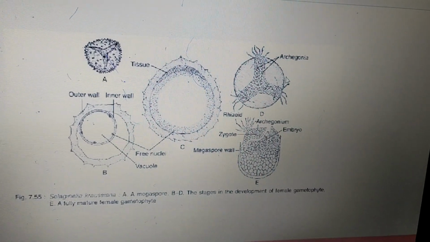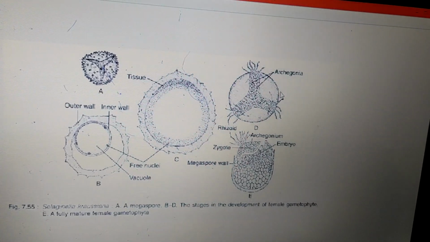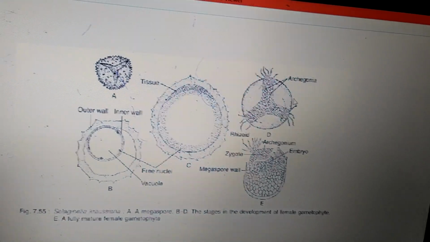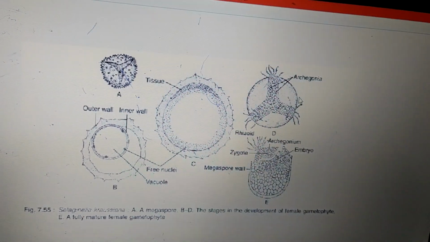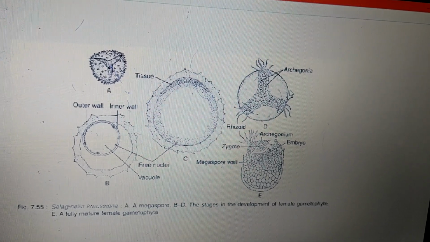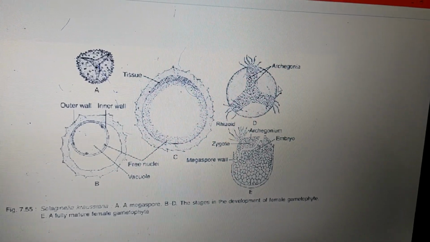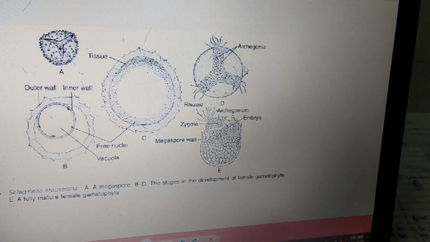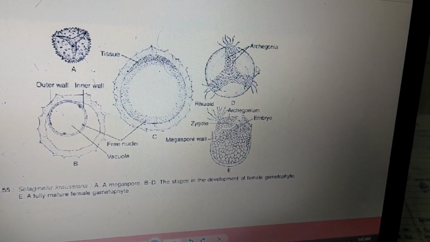Now a mature gametophyte is developed from a megaspore. The tuft of rhizoids which formed is going to anchor this entire gametophyte to the soil in order to provide some support, and it is also going to absorb nutrients as well as water. In this way, these tufts of rhizoids play an important role in absorption of water and nutrients, and apart from that by providing support in the form of anchoring.